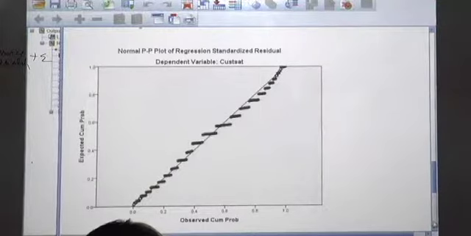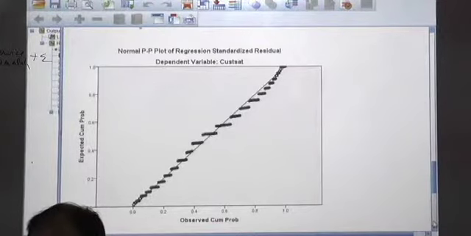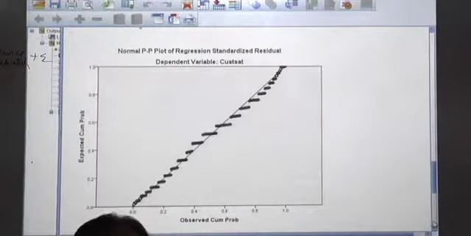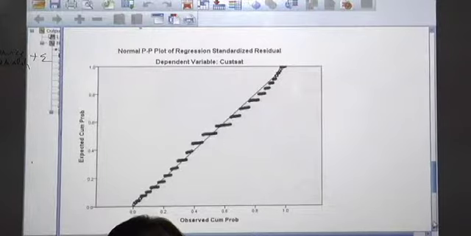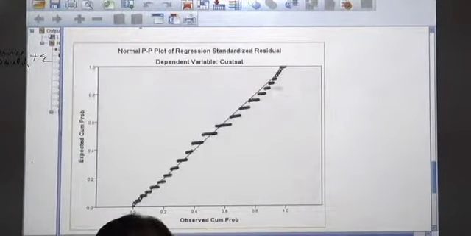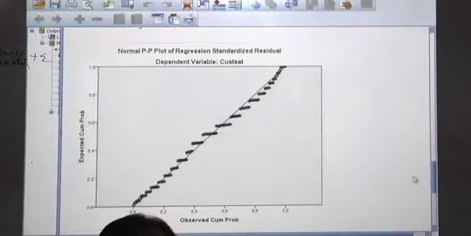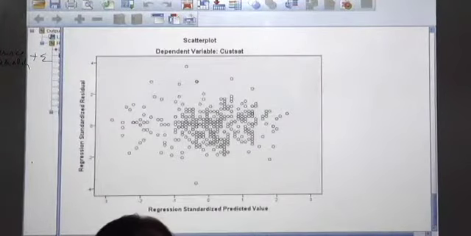We have some problem here. Again, this is also evaluating your normality. Since the above curve is giving normal and this is also very close to normal, all these values should cling very close to the line. This is the regression line. They are moving on both sides of it, so they are indicating normal distribution.